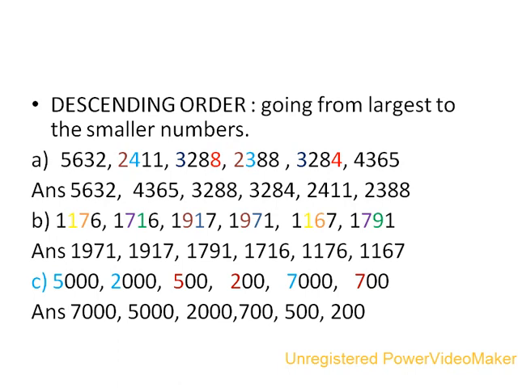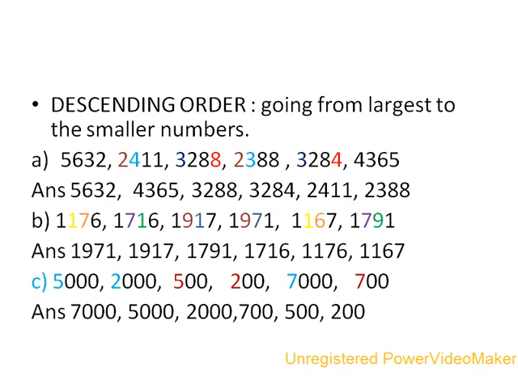So there are two numbers. So we will compare their tens place here. There is 1 and there is 7. Because 7 is the larger, we will take 1971 first, then 1970. After that, we will compare 1791 and 1716.